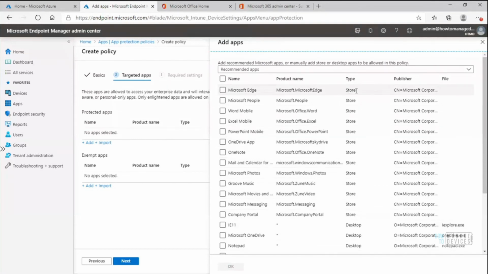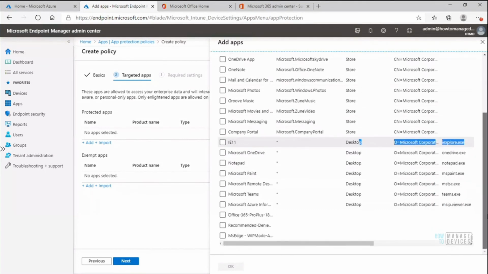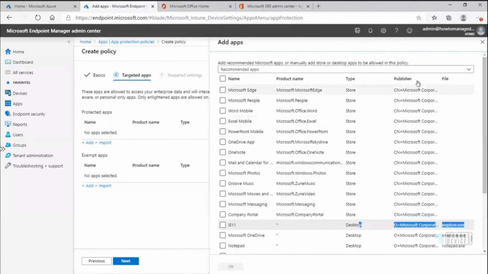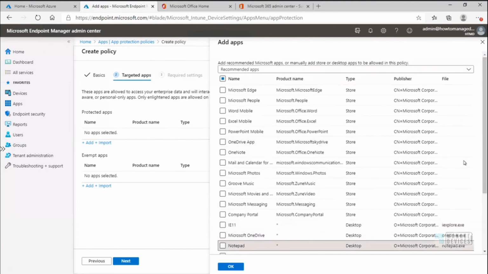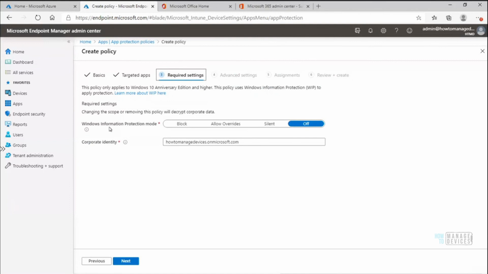And you can see which type of application this is, store application or desktop application. If it says desktop application, then it is a Win32 application. Okay. And publisher is also an important component in this configuration. So you can select notepad and say okay, then it will come over here. Okay. And when you say next, you would be able to see Windows information protection policies, and there are different